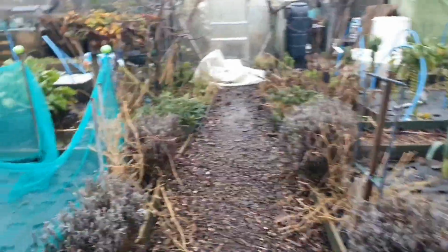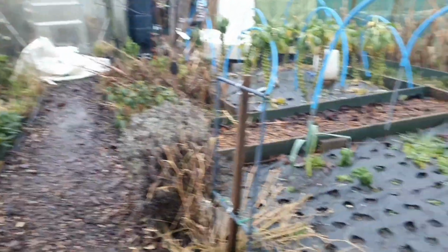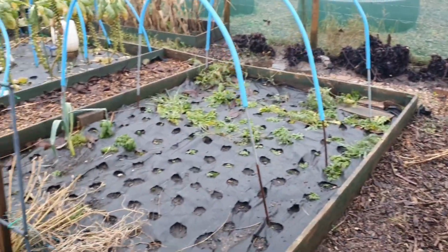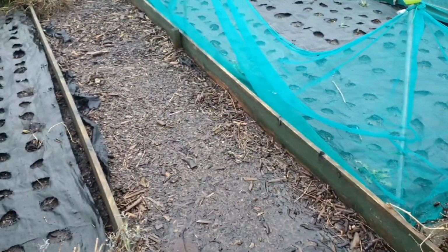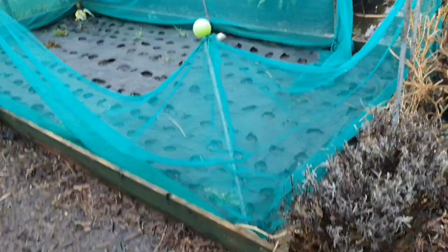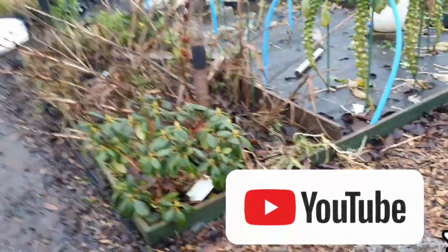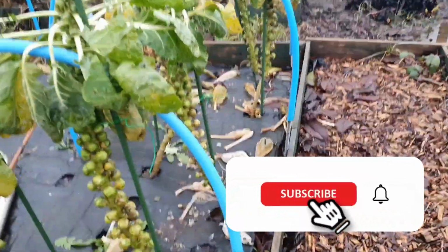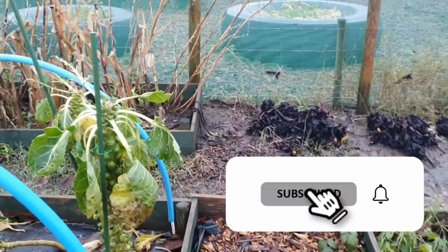Gosh, it seems absolute ages since I've been here. But with work commitments and a few other issues, yeah, I'm back to have a look. We've had storms, we've had rain, we've had more storms. There's water down here, and you just couldn't come down. So anyway, I thought, you know what, it's about 2:30 in the afternoon, and I'm looking at the